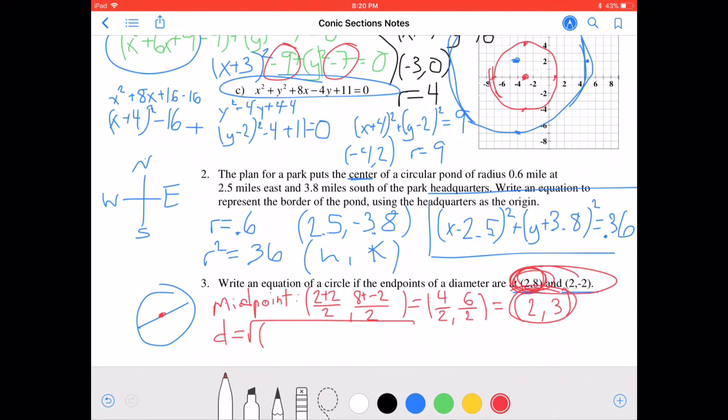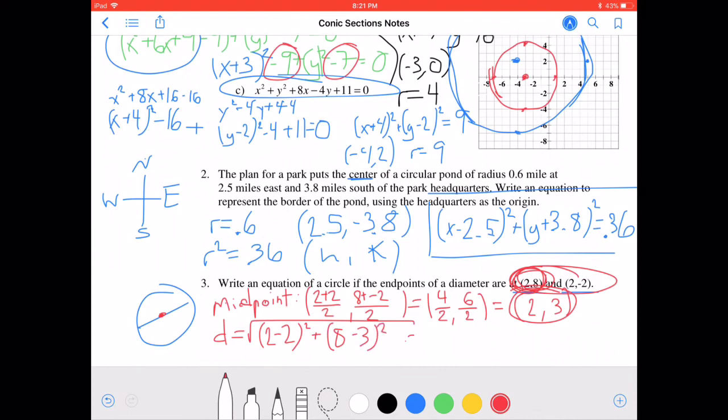So we could do 2 minus 2 squared, and then for distance we subtract inside but add in between the parentheses. And then the 8 minus 3